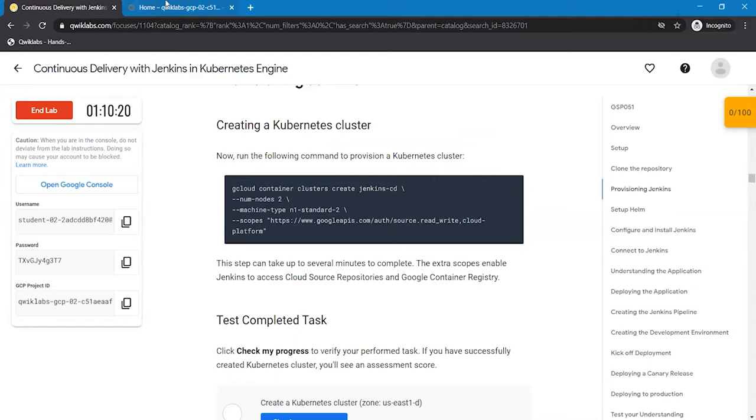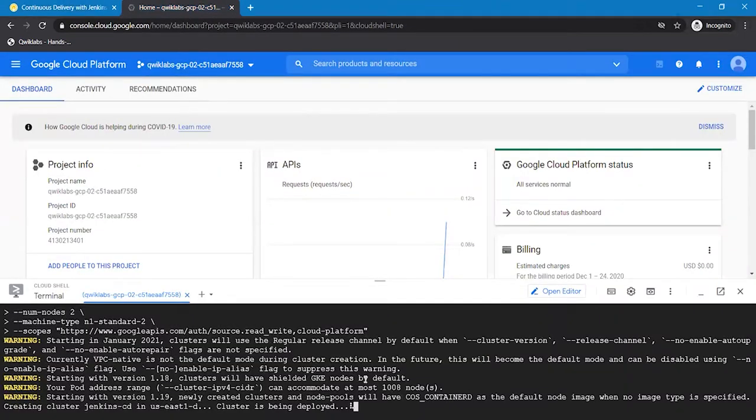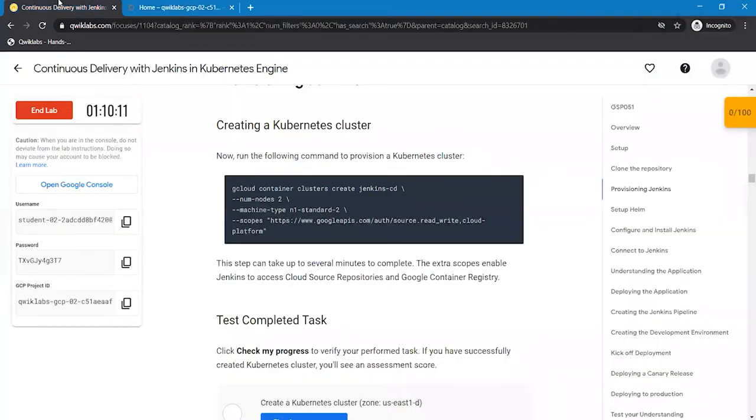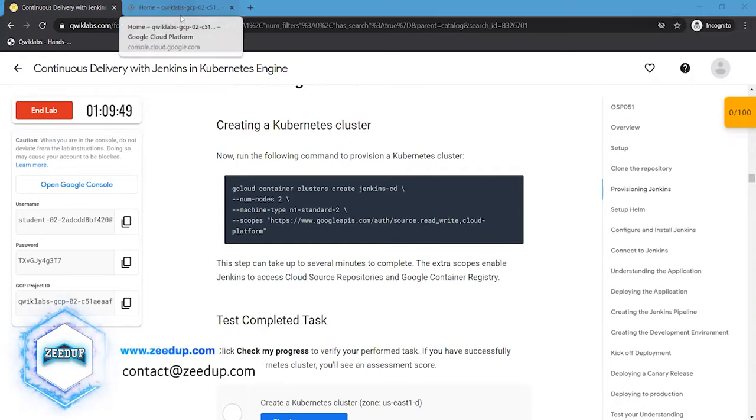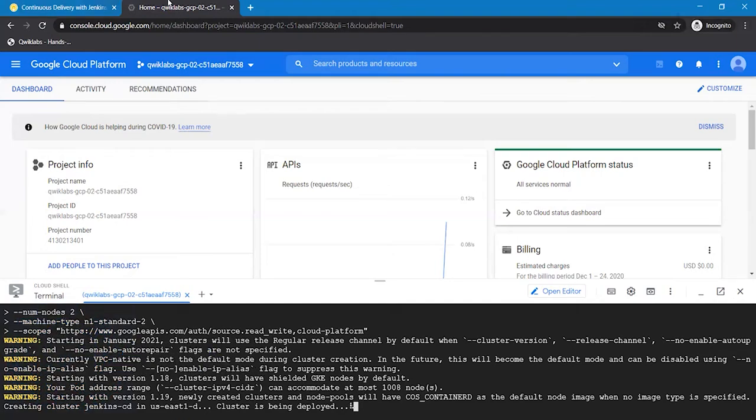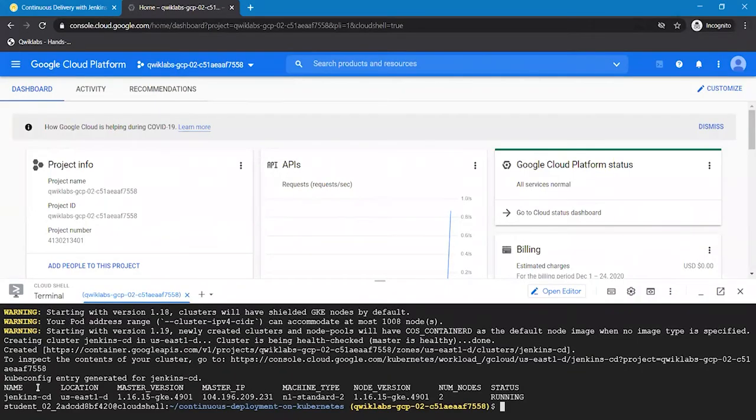And we need to wait until the cluster is completely deployed. And as you can see, the cluster has been created here,